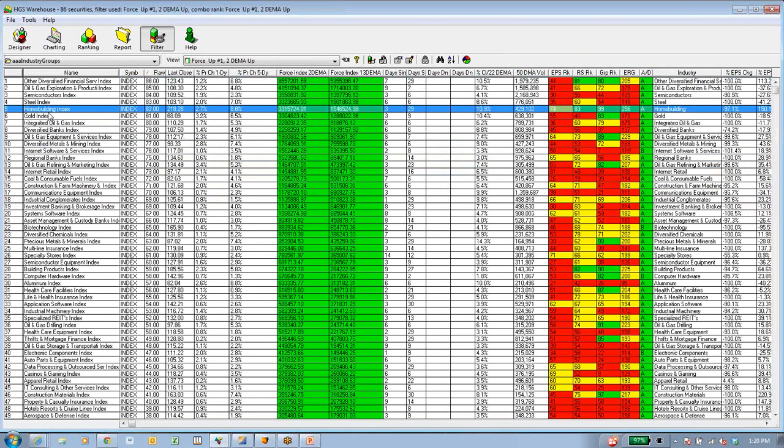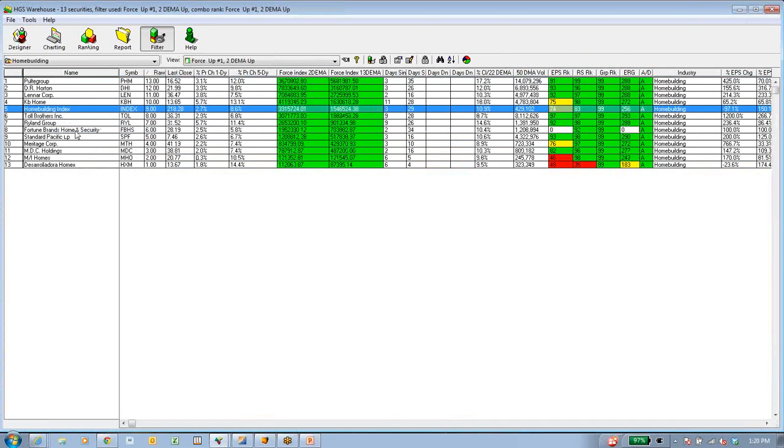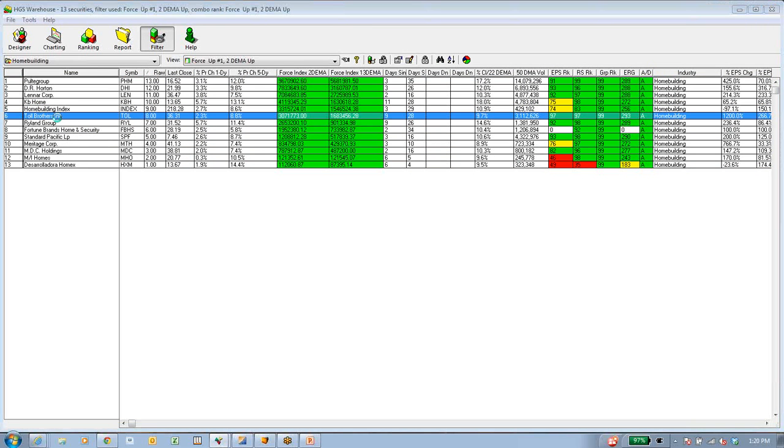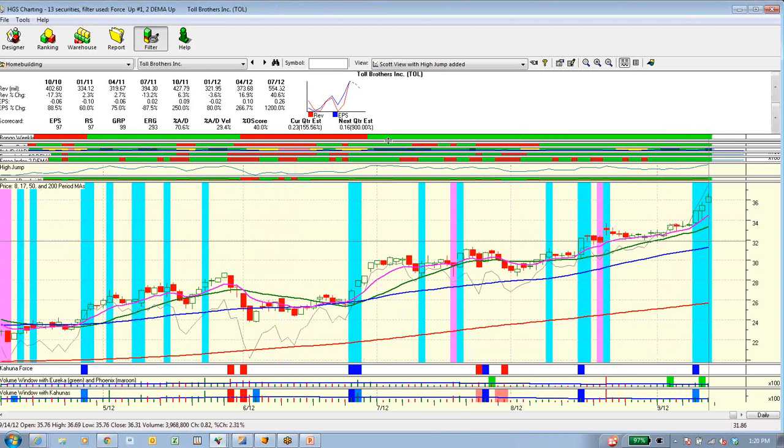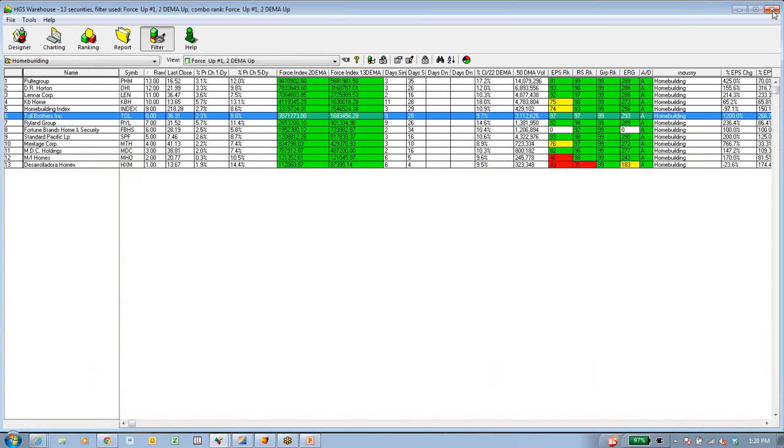Go back. Home builders, I'm not that smart. I was a little late to get in here, but how can you not love these stocks? They're all A on the accumulation distribution. They've been green on the weekly bongo for several months. Probably going into a climax run with a lot of the other stocks in the market.